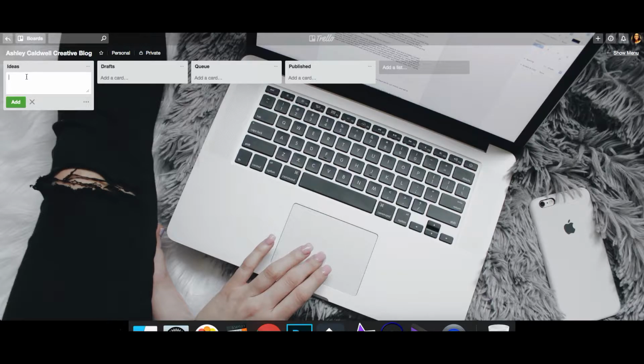So cards are a fundamental unit of each board. They're used to represent tasks and ideas, and can easily be moved from one list to another. Like I said, that's my goal. So for my blog board, I will set up a separate card for each one of my blog posts. Whenever I come up with a new idea for a blog post, I will add a new card under the idea list. Okay. So one of the ones that I want to do is